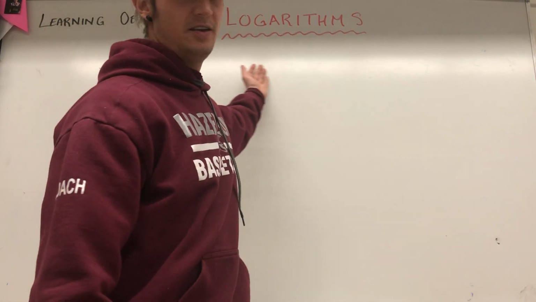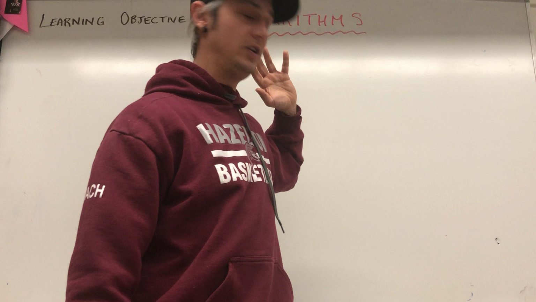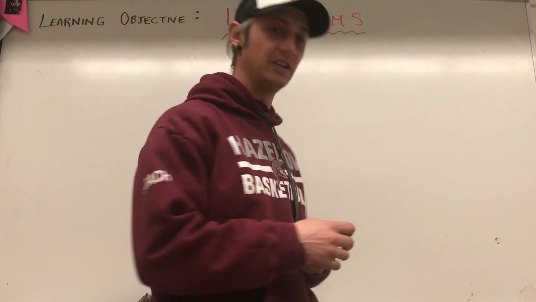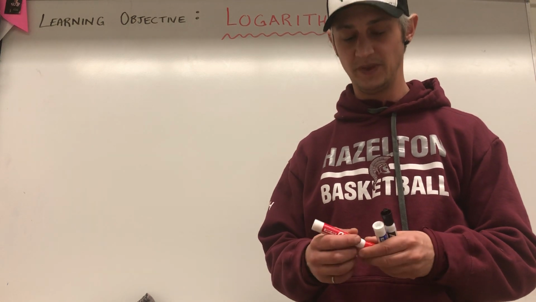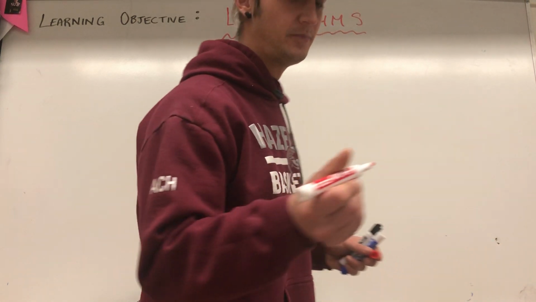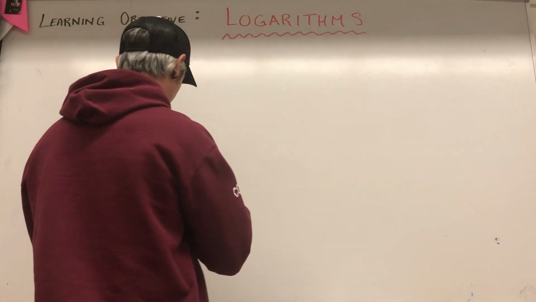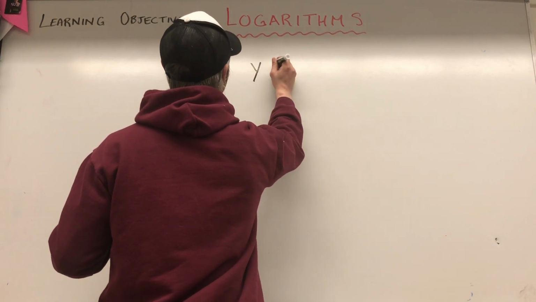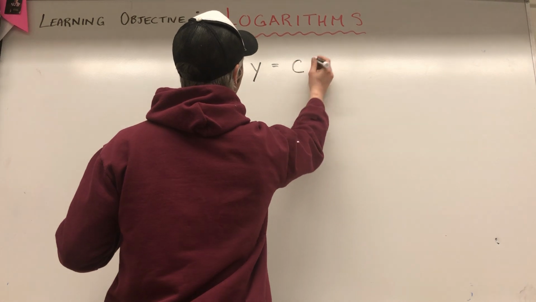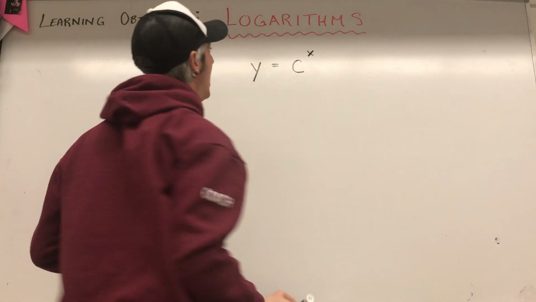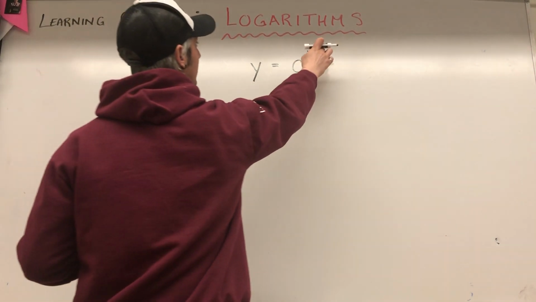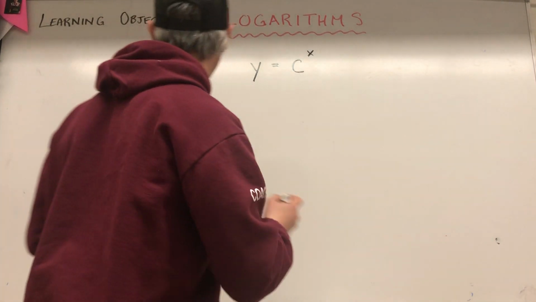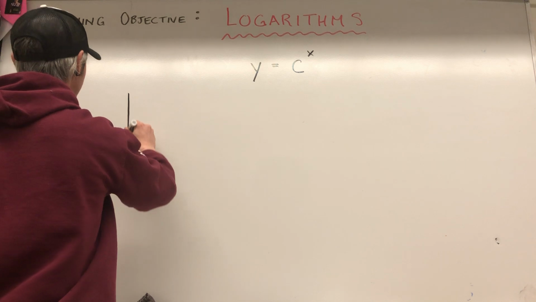Okay, this is for my pre-cal 12s, and we are ready to start talking about logarithms, which basically naturally follows from exponential functions. So in the last unit, we were dealing with exponential functions, and our exponential functions look something like this. Y is equal to some constant, any number to the power of x. Our variable is the exponent. That's what makes it an exponential function. Okay, and the graphs of these,